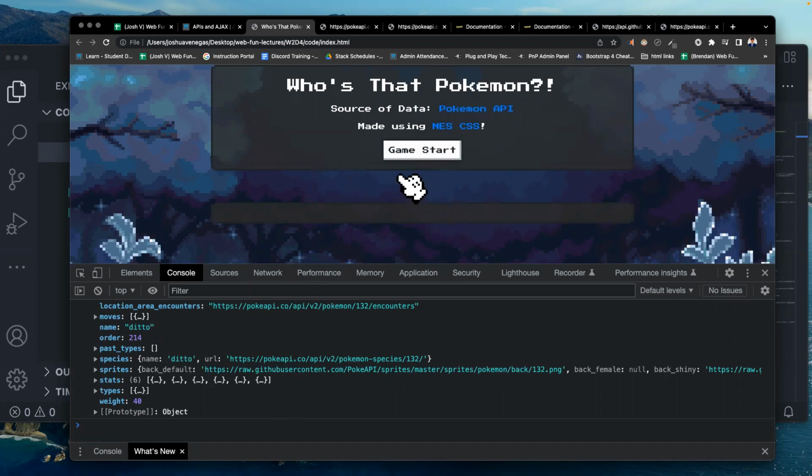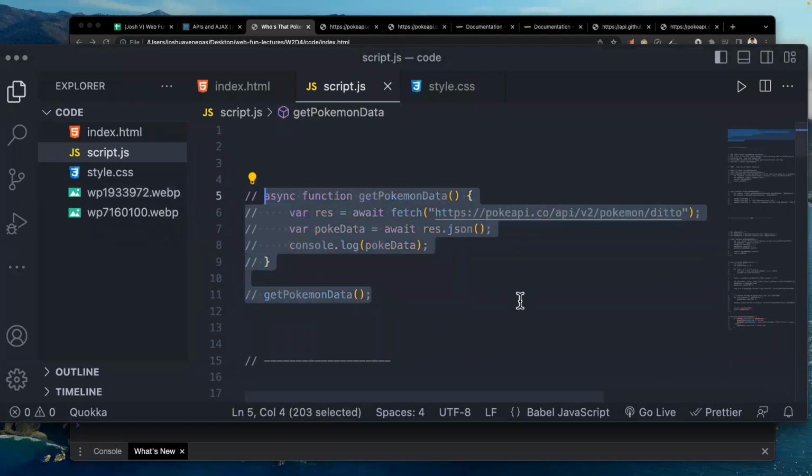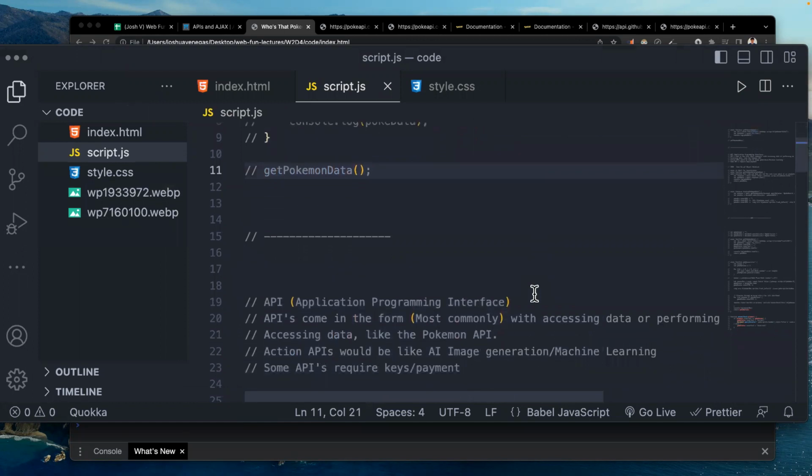The sprite is what you see here when you're trying to guess the Pokemon's image just by the outline. Okay, so you can get all that information just through this API call. Okay, so now that is the most basic API call that we would have made.